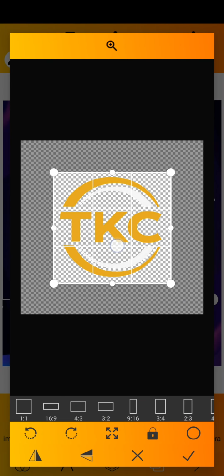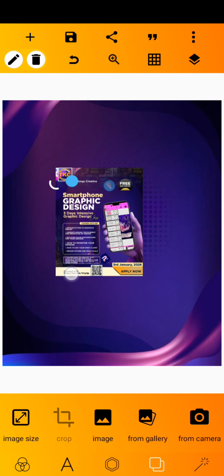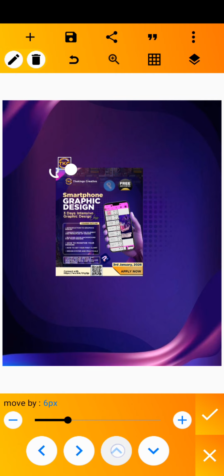So now once I click on this, the logo is now here. So you resize to get your desired size. That's actually what I'm doing right here. This is it. So now the next thing I'm going to be doing is